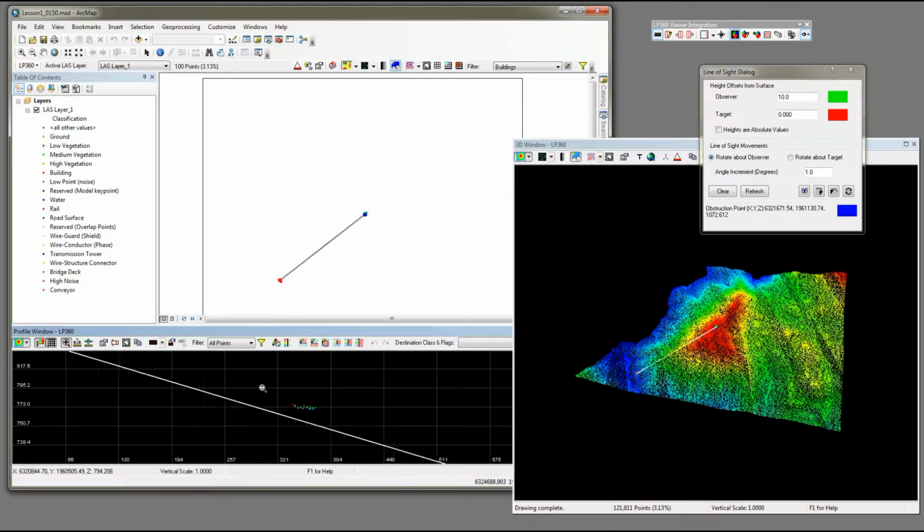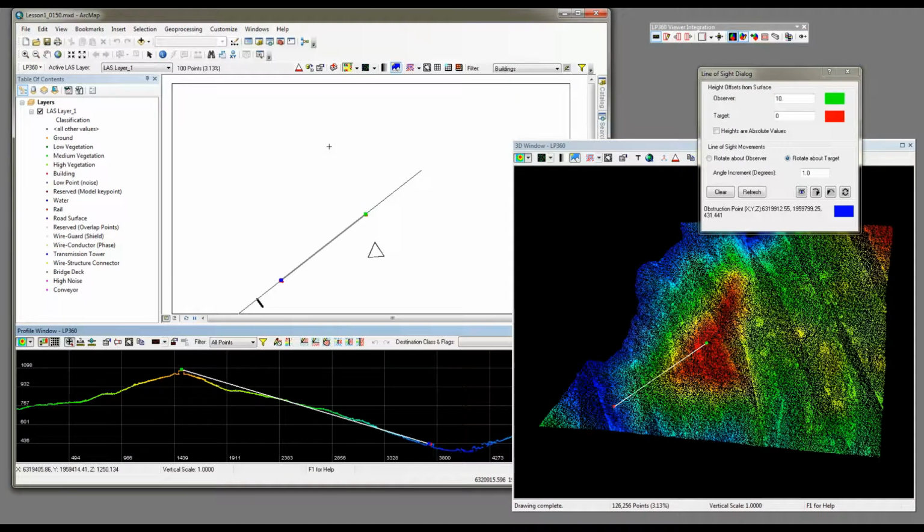If I zoom, I can see the start and end point and how they intersect with the surface. Notice in the line of sight dialog at the bottom, it indicates that there is an obstruction point that's blocking the line of sight. One thing I might do in my scenario is just change the height of the offset